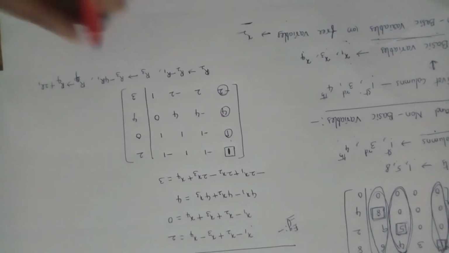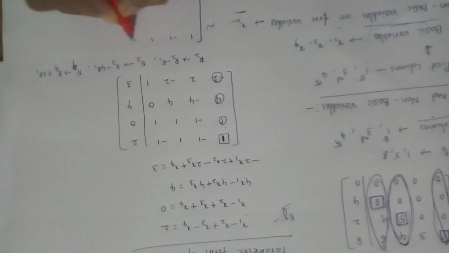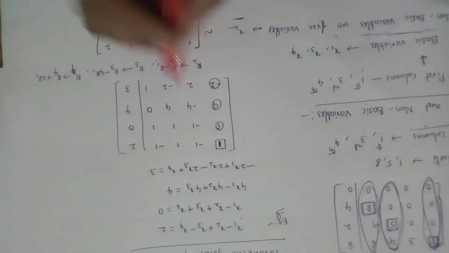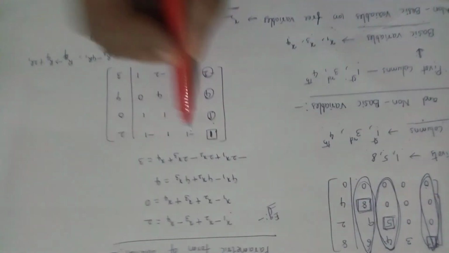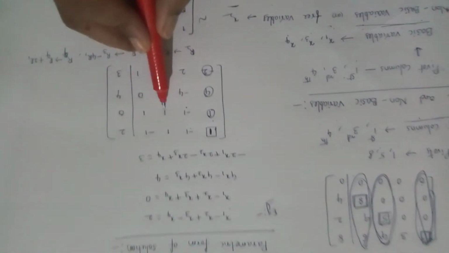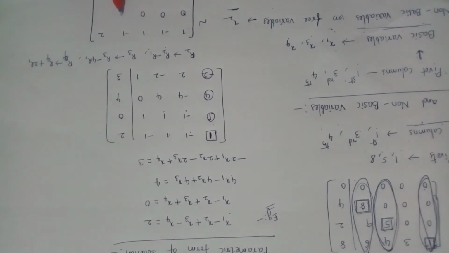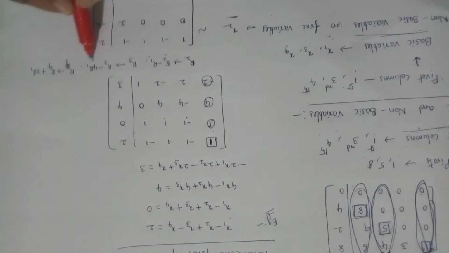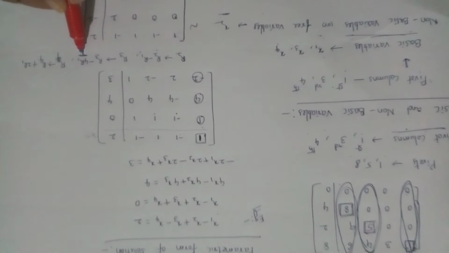We have to apply this row operation. So the first row is 1, minus 1, 1, minus 1, 2. Next R2 minus R1: 1 minus 1 is 0, minus 1 minus of minus 1 is plus 1, so 0, 1 minus 1 is 0, and 1 minus of minus 1 is plus, so 1 plus 1 is 2, and next 0 minus 2 is minus 2. And next, we have to do minus 4R1, so we multiply this row by 4 and do R3 minus 4R1.